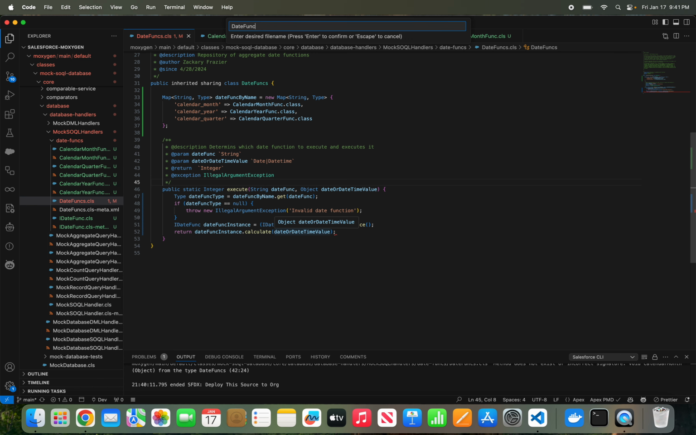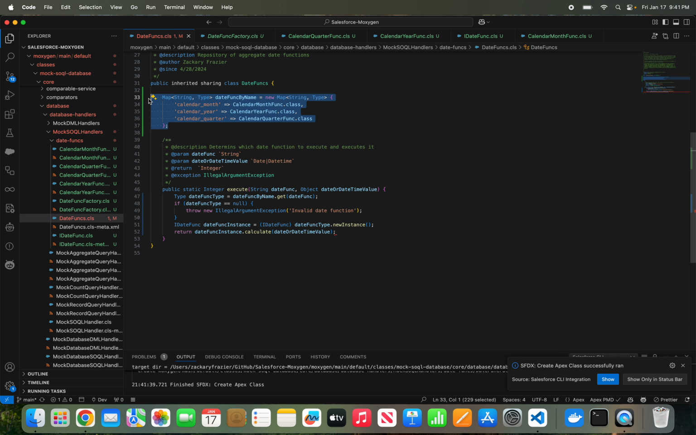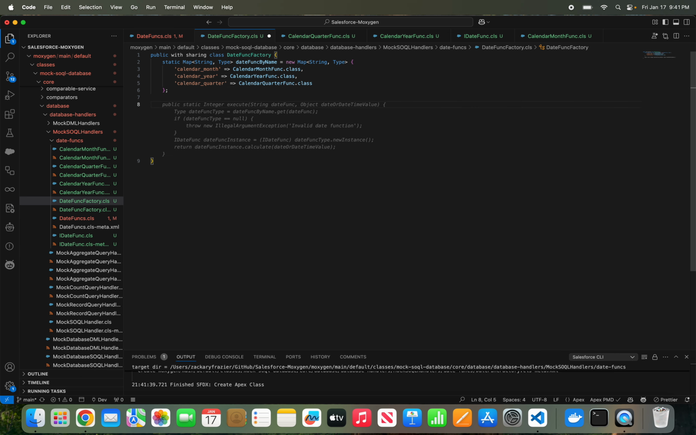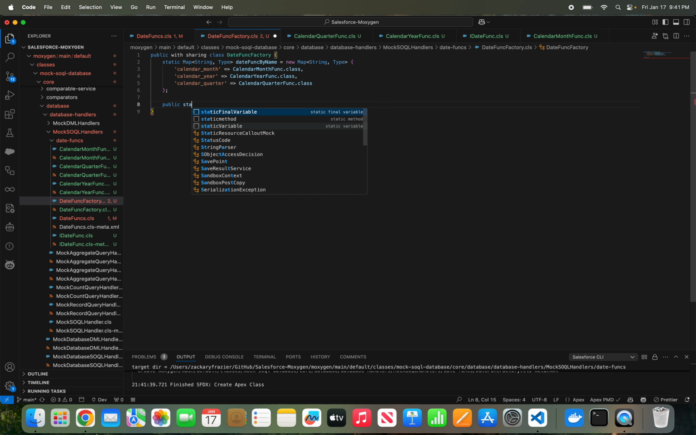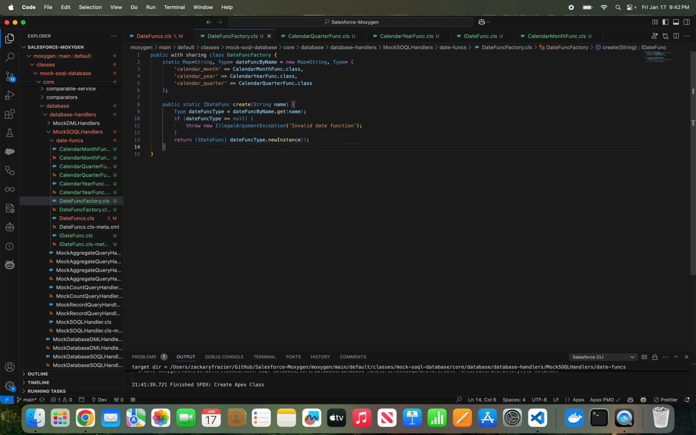is create a date func factory, and we're going to split out the logic here of actually retrieving the date function. And we're just going to make that static. And then public static iDateFunc create string name. Yeah, it's fine. Then this here. Yeah, so now the logic to actually retrieve the correct date function class